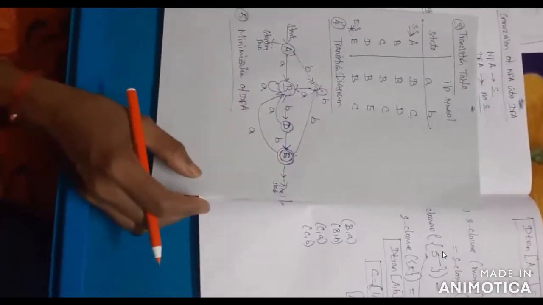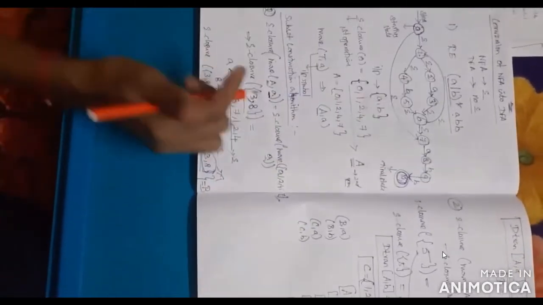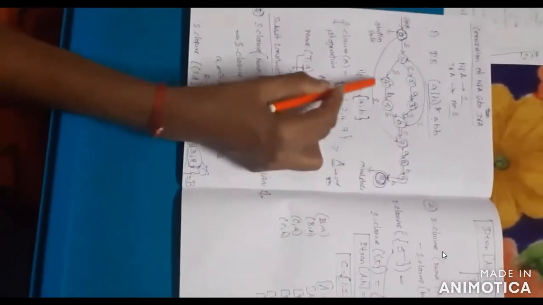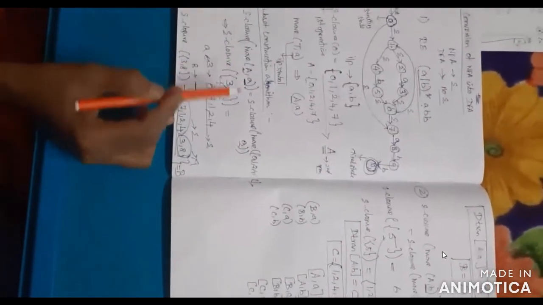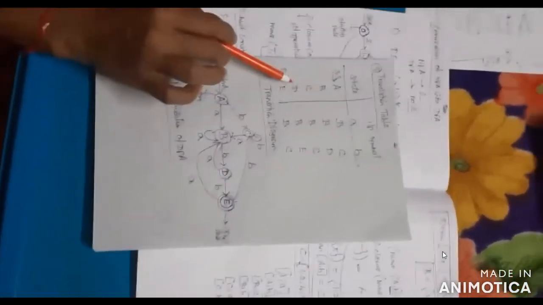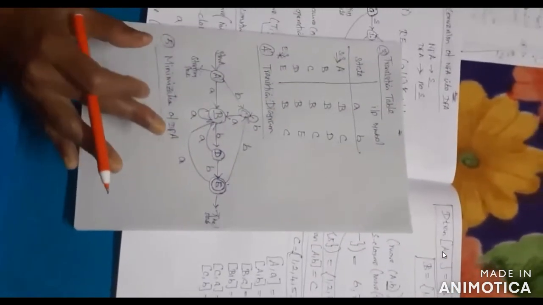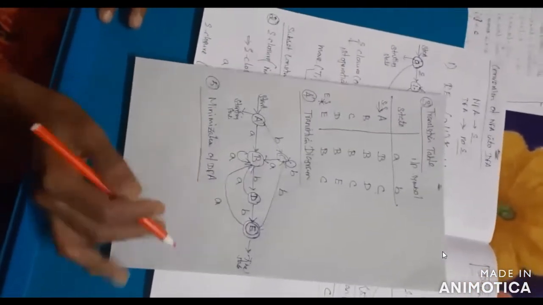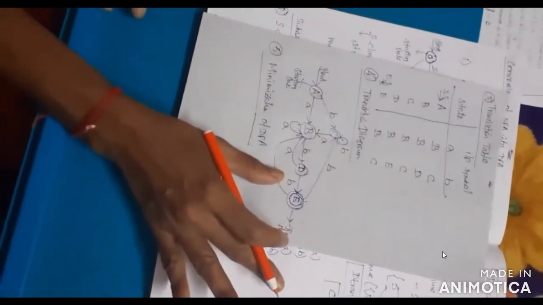In your examination, we have two things. One is conversion of NFA to DFA, meaning first, based on the regular expression, you draw the NFA diagram. After that you solve the subset construction algorithm. After solving the algorithm you draw the transition table and then the transition diagram. Then you can stop the problem. Otherwise, for conversion of NFA to DFA with minimization of DFA, you go to the fifth step. Otherwise, no need to go to the fifth step. You can stop the iteration at the fourth step, the transition diagram.